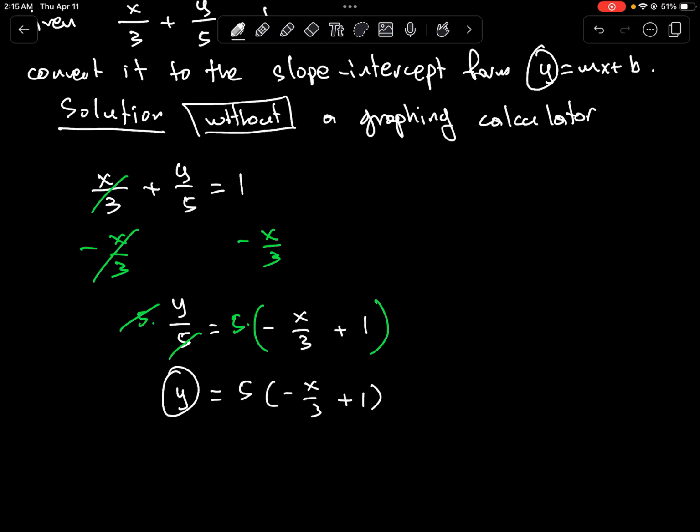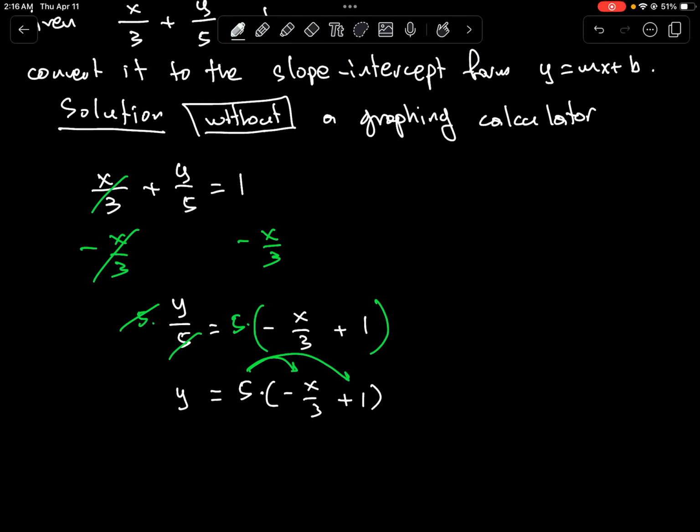Well, y is isolated, but the right hand side is not. Two terms has a parenthesis, so it's not good. How do I break this down? The same way that I break any parenthesis, I have to do the multiplication. That would be the first step of the PEMDAS that I would have to do to the right hand side, since there's nothing to do in the parentheses. There's no P, there's no exponential. The next thing is M, so I would do times 5. How do I do that? By distributing,